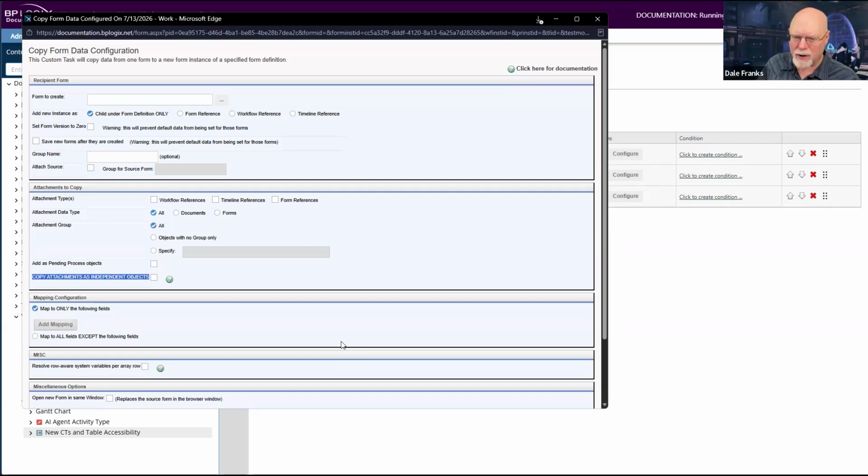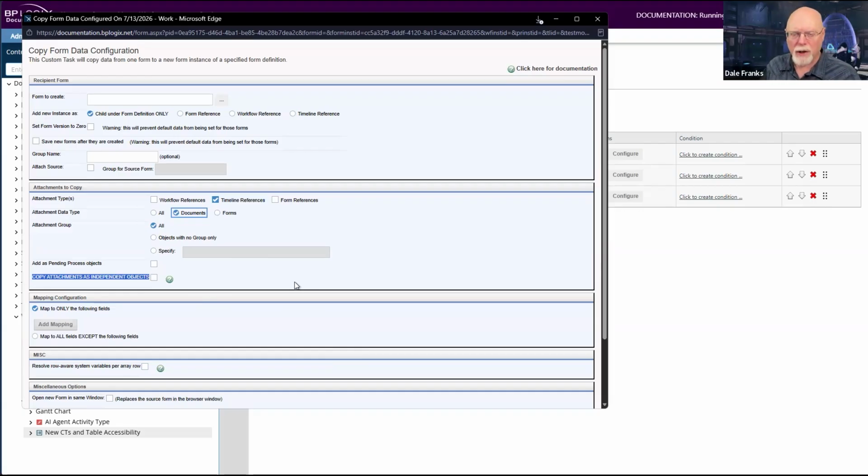I've attached it to Form A, or the timeline for Form A. And then I copy it over and I say, I want to copy all of my timeline references, and I want to copy over all of the documents. Okay, great.